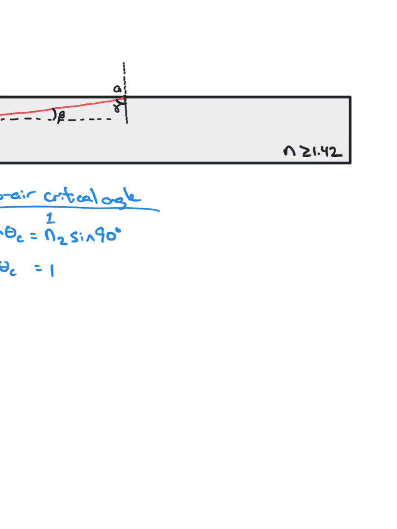I'll label this as NF for the index of the fiber. Isolating for the critical angle, it'll be the inverse sine of 1 over the index of refraction. We are told that the index of refraction is greater than or equal to 1.42. Therefore, the critical angle